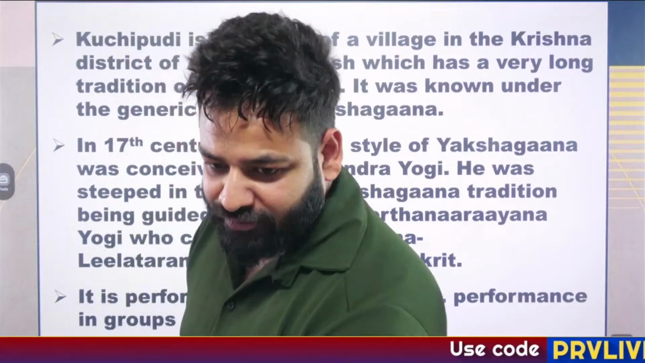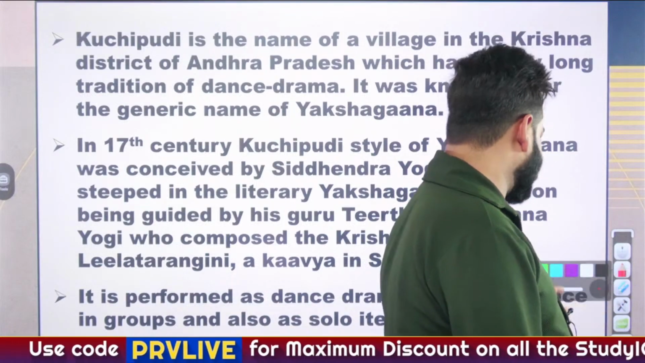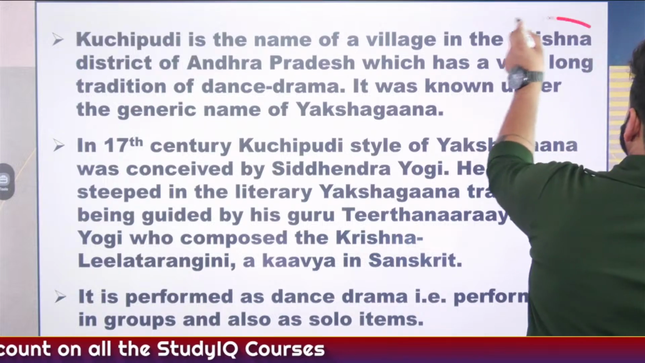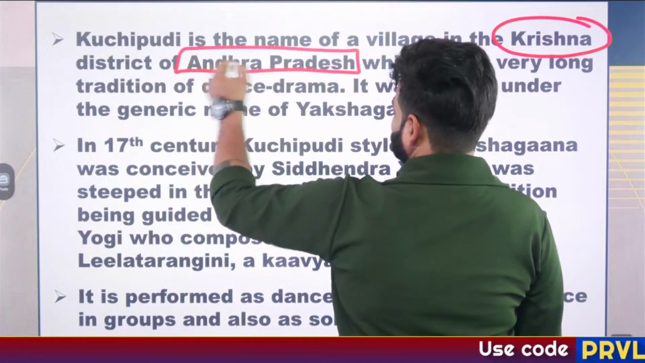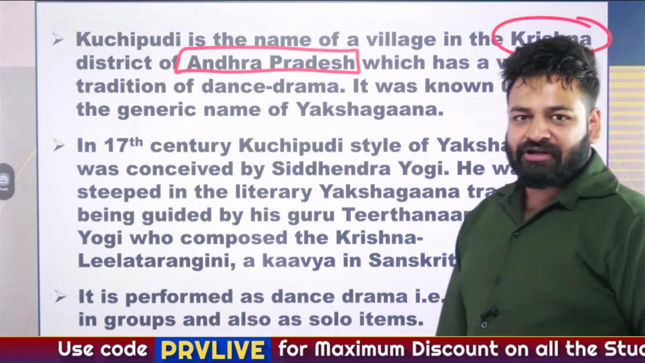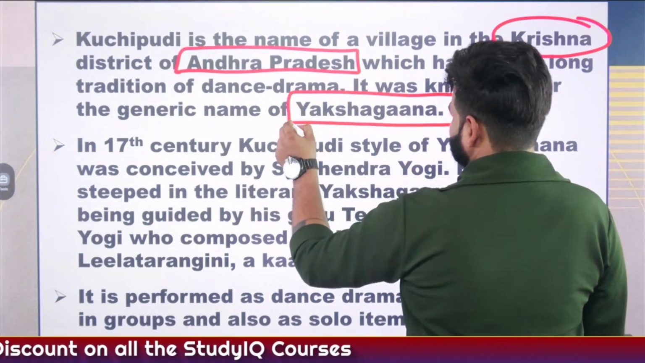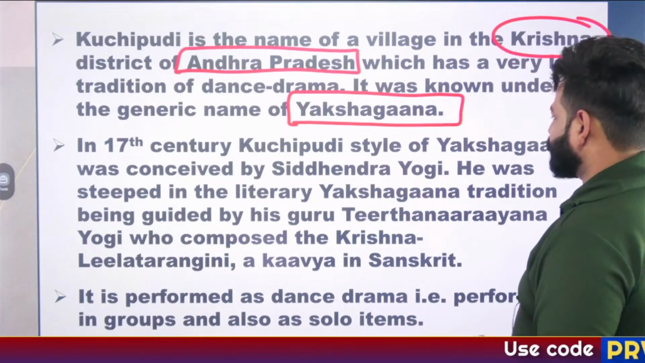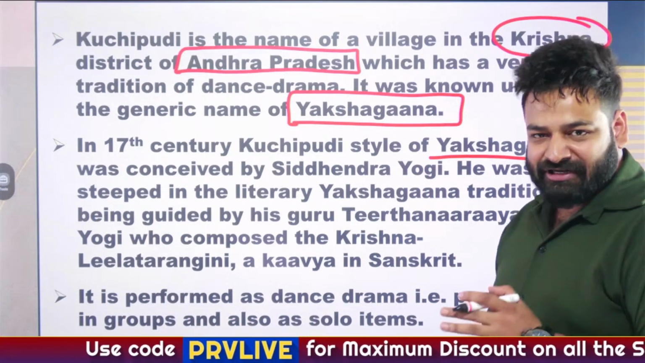Kuchipudi is located in a very distinct location. What is the location? The Krishna district of Andhra Pradesh, which we need to remember. It was traditionally termed Yakshagana. So the erstwhile name of Kuchipudi was Yakshagana. In the 17th century, the Kuchipudi style of Yakshagana was conceived